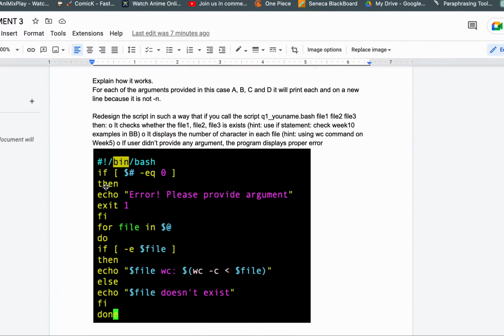So on to the next one. Redesign the script in such a way that if you call script1.bash file 1, file 2, and file 3, then it will check whether file 1, file 2, and file 3 exist. And I did that using: if the argument is 0, then echo error, provide a proper argument, and then for file, whatever the name is,